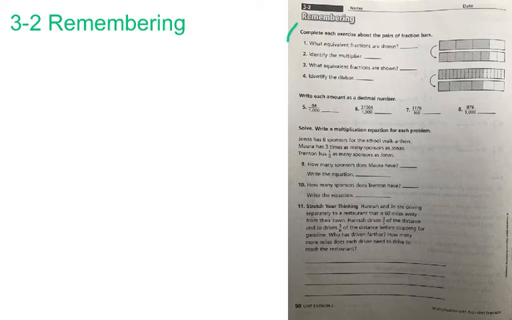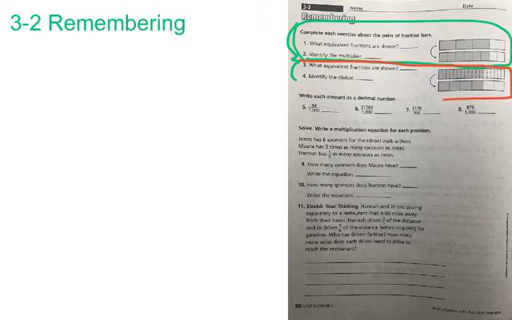When you look at numbers 1 through 4, those are a review from Unit 1, from fractions, and it's comparing fractions using fraction bars. Number 1 reads, what equivalent fractions are shown? And so for number 1, number 2, go with these top two bars here. And numbers 3 and 4, go with the bottom two bars here. I inevitably always have somebody who's kind of confused about that because there's not a big segregation between the pictures, so they get a little bit confused. So the top two bars go with questions 1 and 2, and the bottom two bars go with questions 3